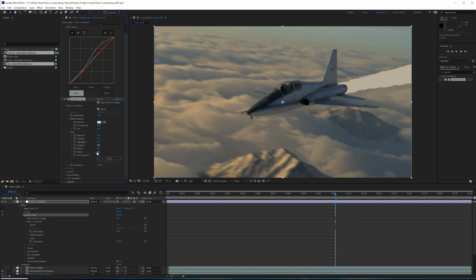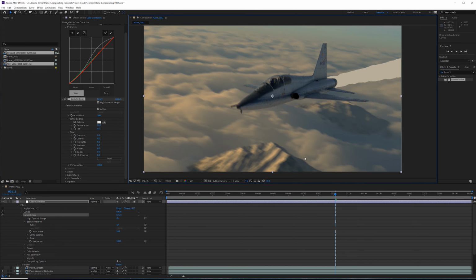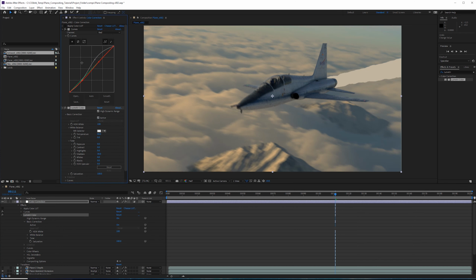We also have a lot of options for highlights and shadows. So for example, if we wanted to boost the shadows a little bit, because they are looking slightly dark, we could do a value of around 30. Now all of these adjustments you can use in curves, but it gets a little bit more complicated. So it is nice sometimes to be able to have just highlights or just shadow control. Next, we can also add some contrast here without having to use an additional curves. Maybe something at around 40 would be a good value.